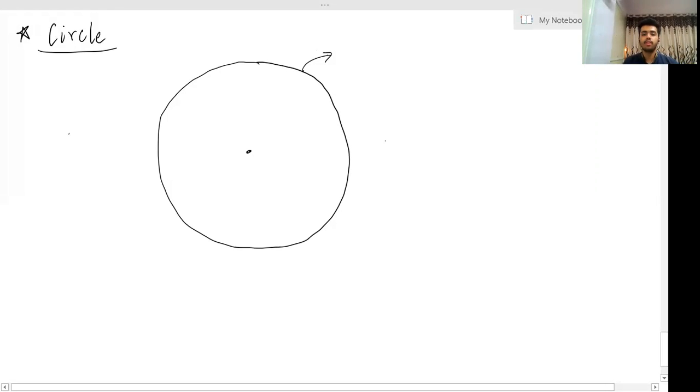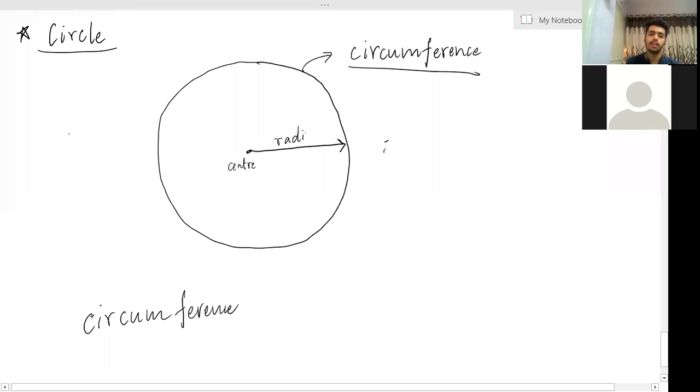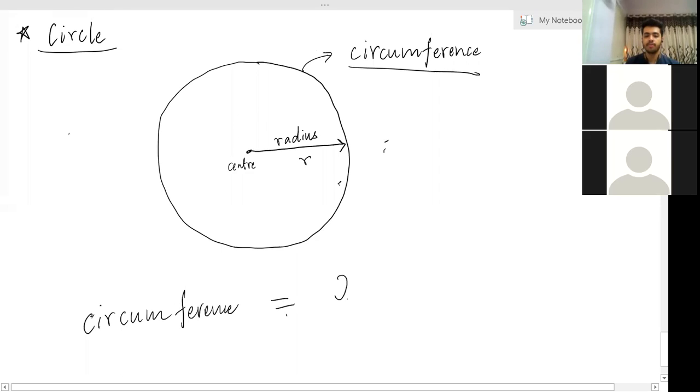Yes. So we know that the perimeter of the circle is called the circumference. And the circumference or the perimeter is given by the formula. What is this length called? So this is the center. Radius. Yes, this is called the radius. Or in short form, I'll give it as R, radius. So the circumference is equal to, remember, 2 into radius